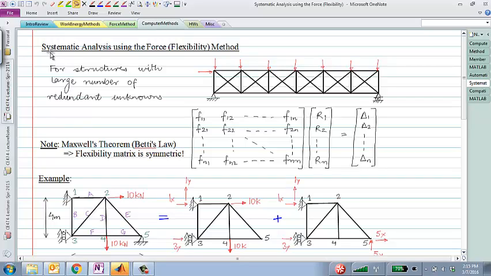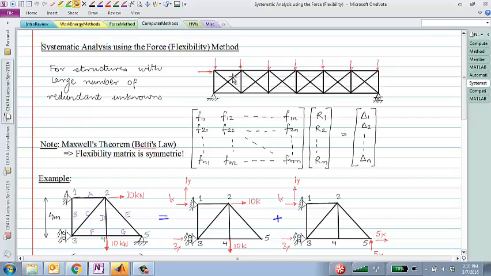So this is on the other stapled big handout for today. This is basically doing systematic analysis using a force or a flexibility method for indeterminate trusses. Okay, this clearly right here is an indeterminate truss. I could have lots of loads, lots of boundary conditions. But no matter how high the degree of redundancy of an indeterminate truss is, this program or this algorithm would help